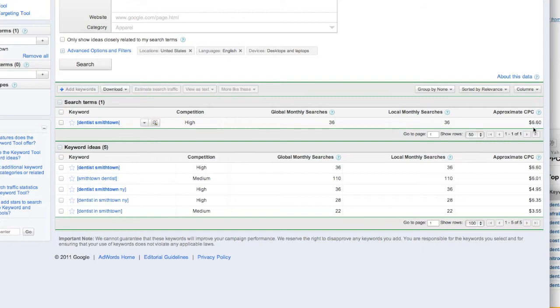It's when a potential visitor finds your listing, is interested, clicks through and goes to your website that Google charges you this amount, $6.60. Now this is an approximate cost per click, but it's a good indication. If we were to reverse this keyword phrase, Dentist Smithtown, and also purchase Smithtown Dentist,